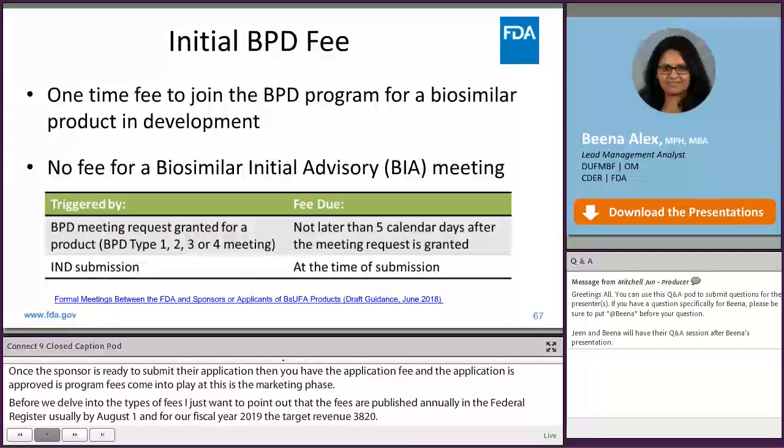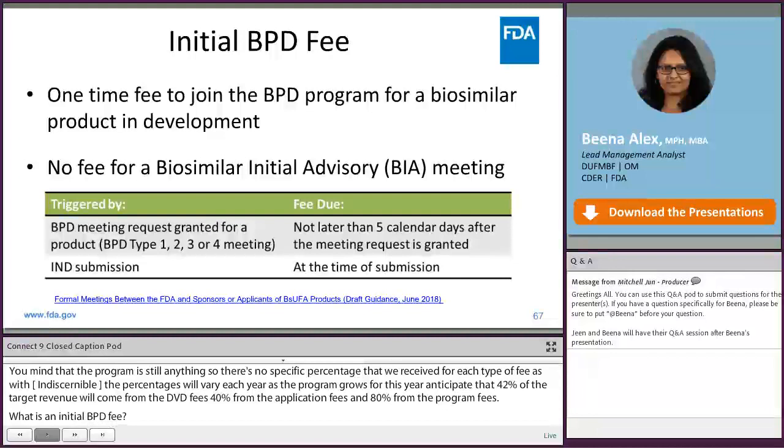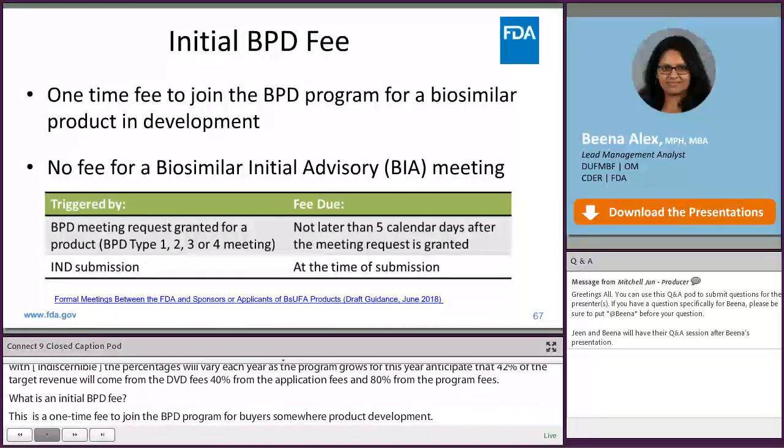Now, what is an initial BPD fee? This is a one-time fee to join the BPD program for a biosimilar product in development. It is triggered by an IND submission or a BPD meeting request that is granted, whichever of the two occurs first. A BPD meeting allows the sponsor to get advice from FDA on the development of their